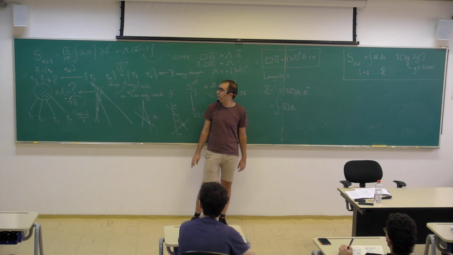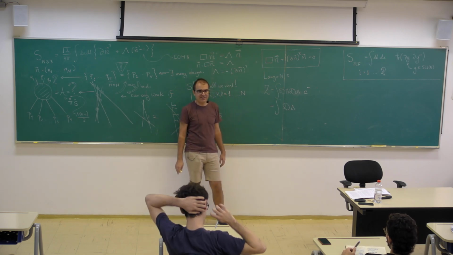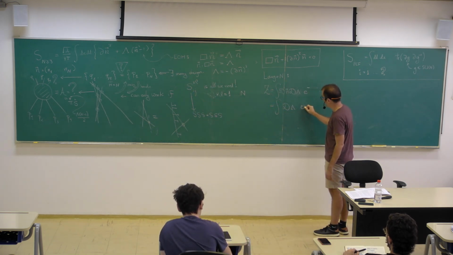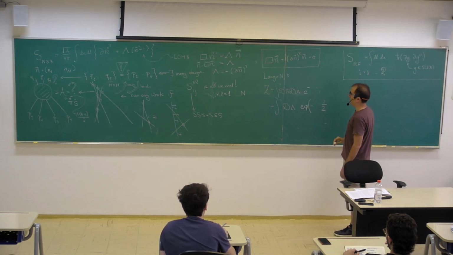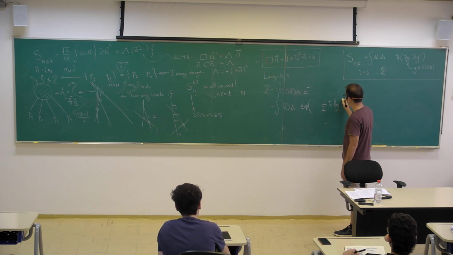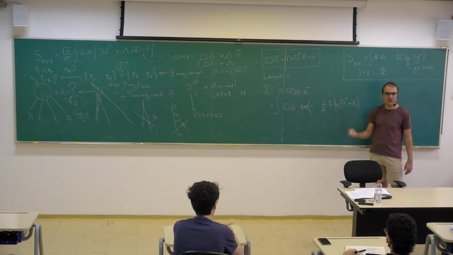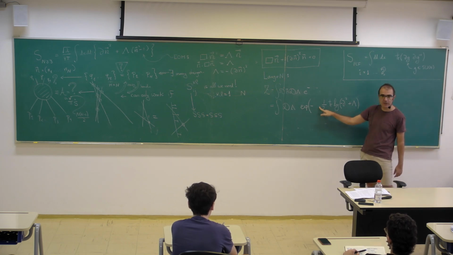1 over the determinant is almost correct. When you integrate something quadratic, we get 1 over the square root of the determinant. So the exponential of minus 1/2 of the trace of the logarithm of the operator minus del squared plus lambda. Do you agree? This trace log is the same as the determinant downstairs with the square root. And I left some space here. What should I put here?